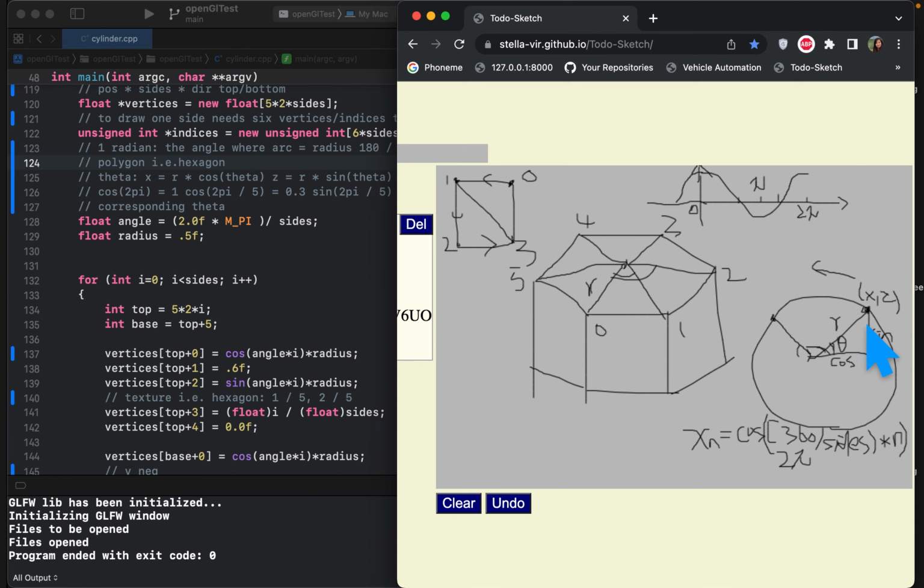So the x coordinate should be r times the cosine over here, and the z value is going to be the sine over here. And this is the first point,